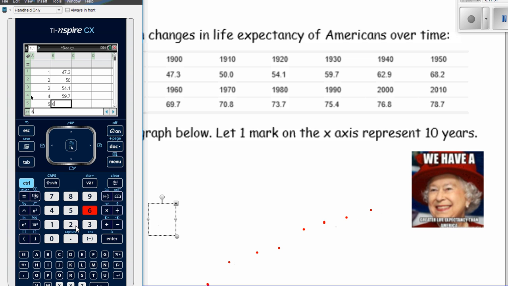Make sure to be doing this on your calculator too. 68.2, 69.7, 70,